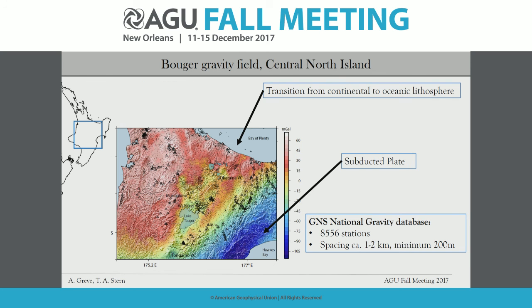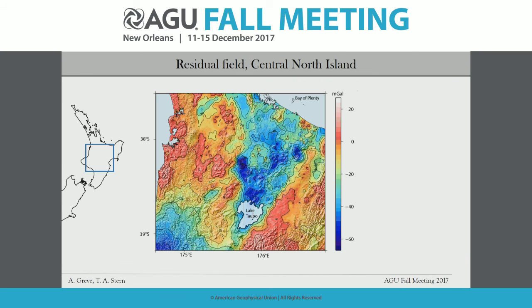Now, just looking at the gravity signature displayed here, this is the Bouguer anomaly interpolated over the central North Island, and you can see that it's dominated by some very high wavelength and high amplitude gravity signatures of the subduction zone over the east coast and the transition from continental to oceanic lithosphere along the coastlines. However, removing these broad regional fields leaves a residual field that's dominated by a roughly triangular area of low gravity